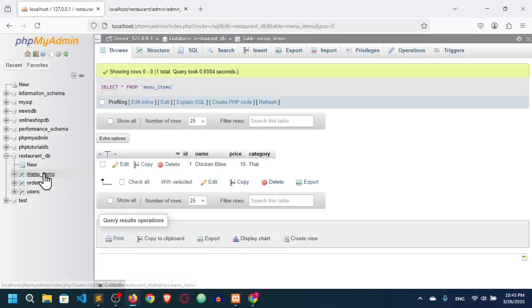So far we have completed the admin login and user authentication system, right? Login and registration. So now we'll do the admin dashboard part. Let's say now admin can actually add menu items. So you can see we have created a table, right? Menu item. We have to create more columns. So in this video I'm going to show you how admin can add menu items and can